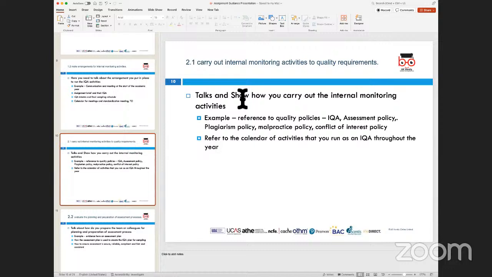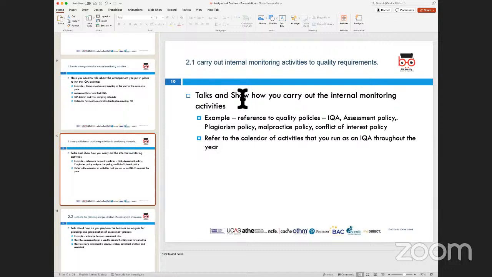Now, what we don't want to do is cover all 4 aspects. What we want to do is focus on the quality assurance part of it. The quality assurance part, out of these 13 policies, includes things like malpractice policy, plagiarism policy, data protection policy, equality and diversity policy, whistleblowing policy, conflict of interest policy, it includes